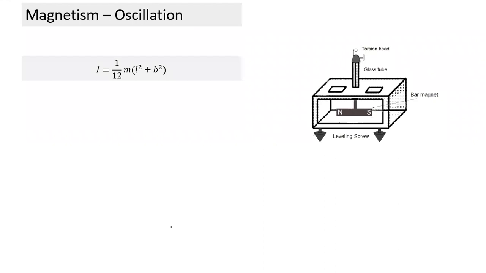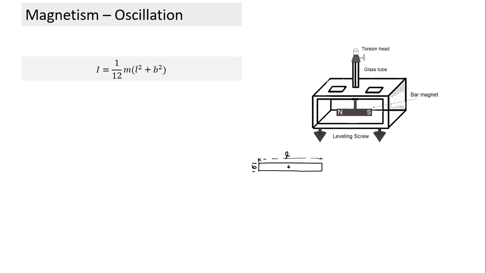So let's look at this. What is the moment of inertia? If we have a bar magnet, let's look from the top. Now we have placed a bar magnet. Why am I looking from the top? Because the axis of rotation is vertical. This is the point about which it is suspended. The axis of rotation will appear like a line, and if it has finite width, the bar magnet from the top looks like a rectangle.